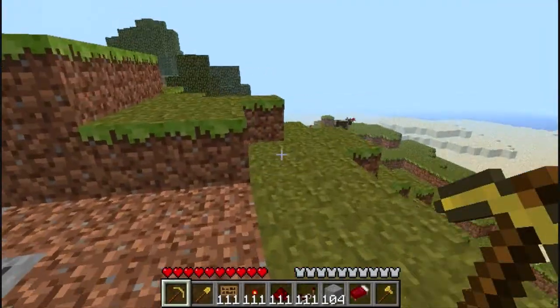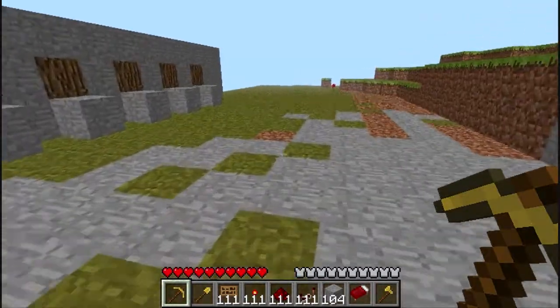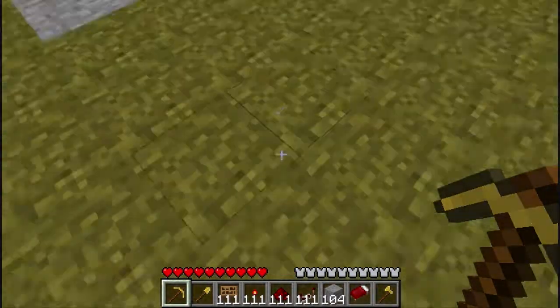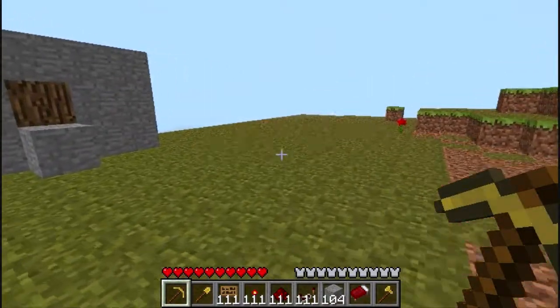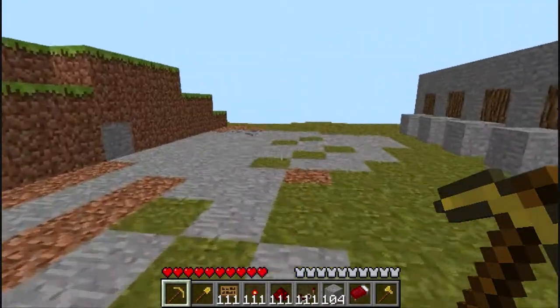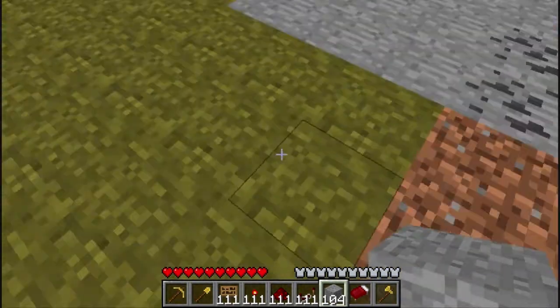Alright, that should be plenty of room, and as I said, I am going to be doing all this circuitry above ground, but if you were actually doing this in a house, you would want to do the circuitry below ground or encase it in some way, because obviously having it all exposed would be kind of ugly and kind of stupid looking. So you're going to want to start by making...